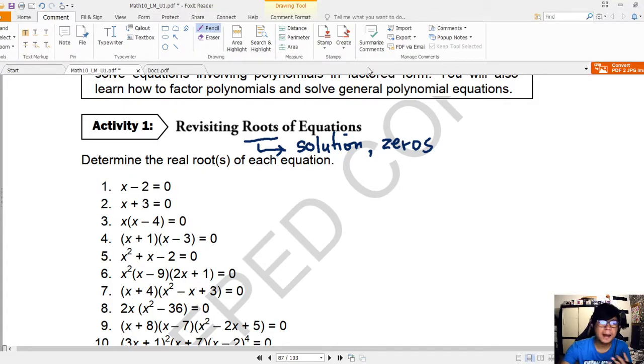So we will revisit your previous topic about identifying the roots, the number of roots. Determine the real roots of each equation. So identify natin ilan ba yung real roots na meron. For number 1, how many real roots do we have? Ang real roots na meron dito